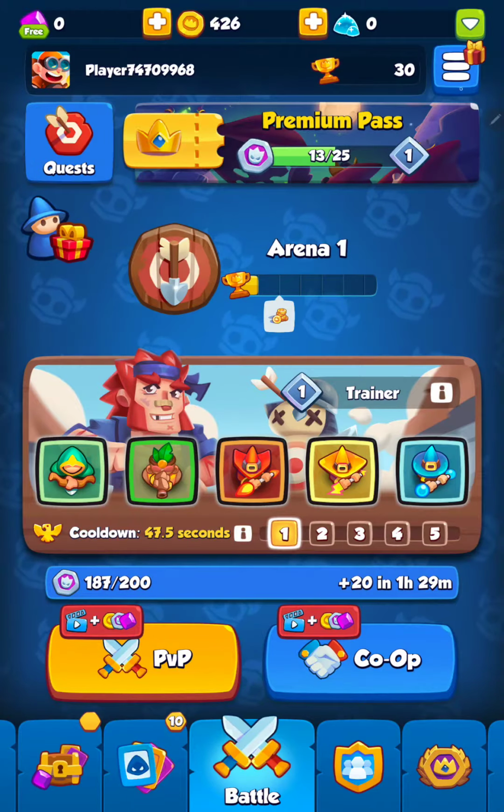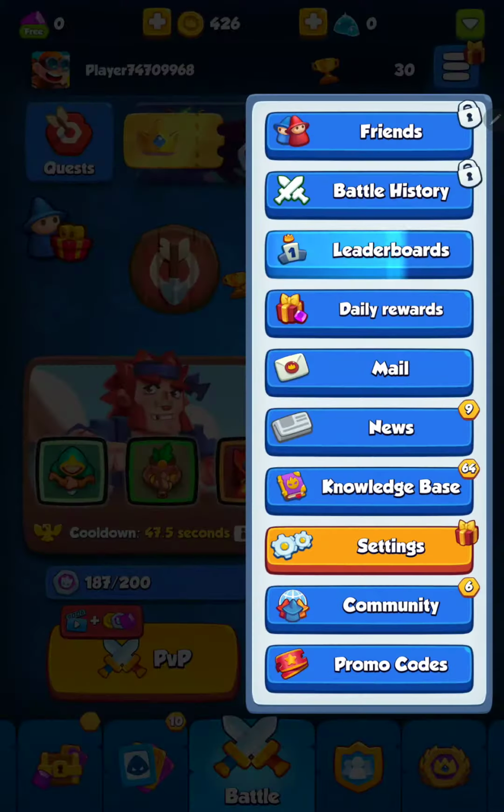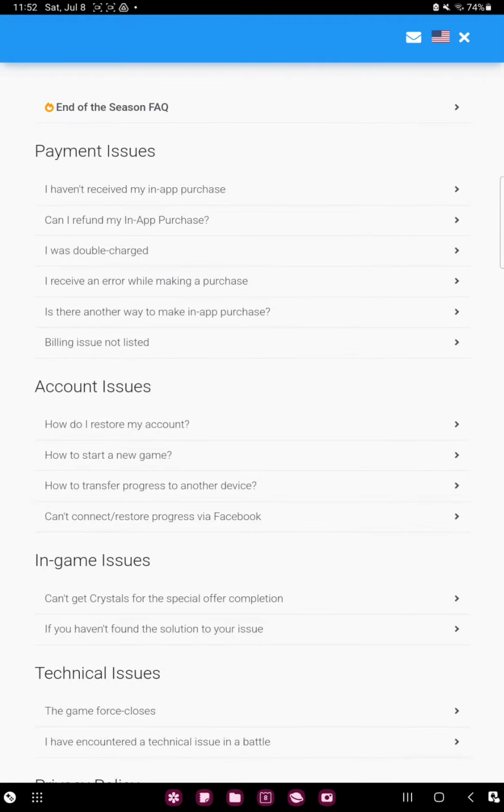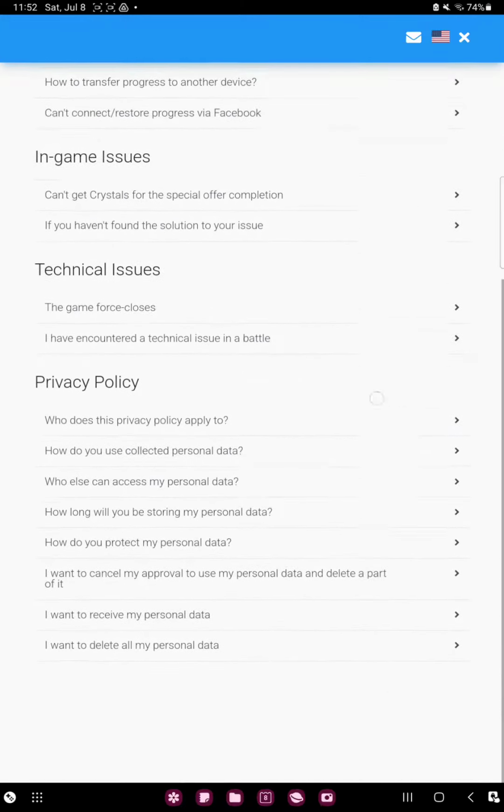Click to the three lines at the upper right corner of the screen and go to the settings section. Here you can find the last option, the help button. Click that and you can find different information about the payment and how to use this app